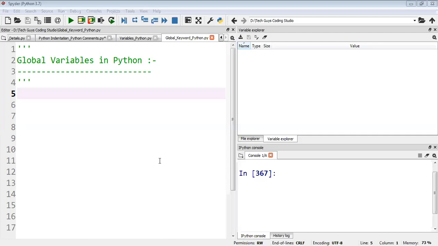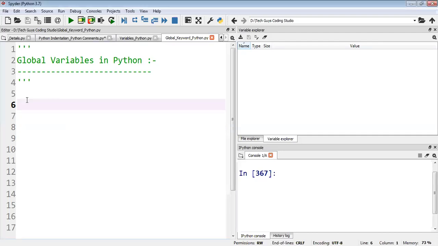As you said, in the last class, we'll be having the next topic on global variables in Python. It's a very important concept. If you're going for advanced Python, at that time in classes, we'll be using these global variables most of the time, even in the Python functions concept.